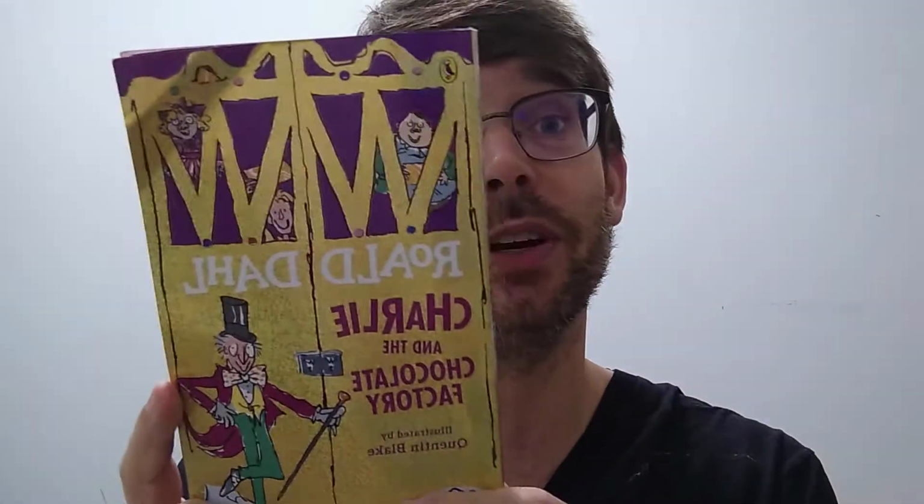Charlie and the Chocolate Factory, I started I think on Friday, and I finished it Saturday evening. It's Saturday evening Vietnam time. So it's another book that took me a day and a half to read. I could easily have done it in one day if I had nothing else to do and if I had been pushing myself a bit. It's a very quick read. Actually, both of these were very quick reads, which